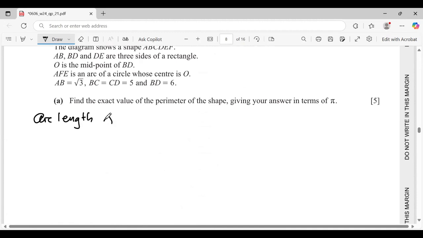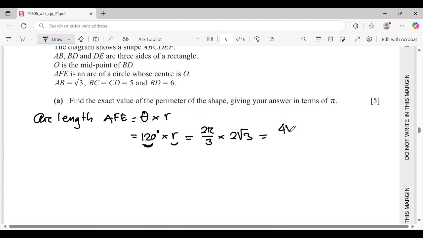Arc length AFE equals theta times radius, 120 times r. But I would like to convert 120 degrees into radians, and in radians this is 2 pi over 3, times radius 2 square root 3, and the result is 4 square root 3 over 3 pi. So if you calculate, and it means the perimeter